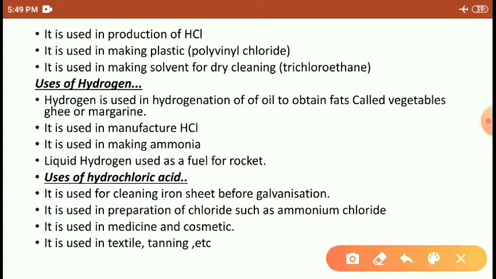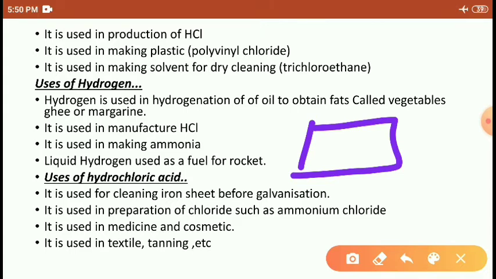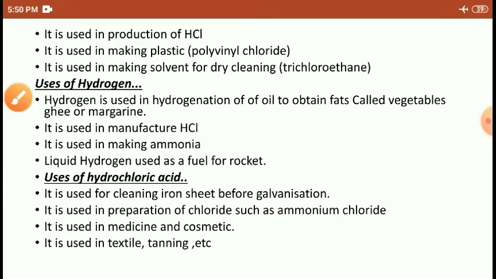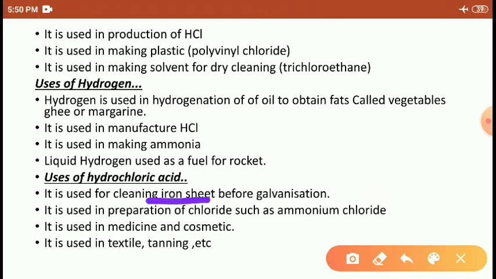Or like this, students. So this is an iron plate. Iron plates kept in the open atmosphere, what happens? They rust. So for that, what we have to do, some people apply zinc, just as we apply paint over an iron piece or iron metal. Similarly, here the iron piece is coated with zinc. That is what we call galvanization. Right, friends? So before the galvanization process, HCl is used to clean the iron sheets, because whatever dust particles are there are completely cleaned. That's why it is used here.